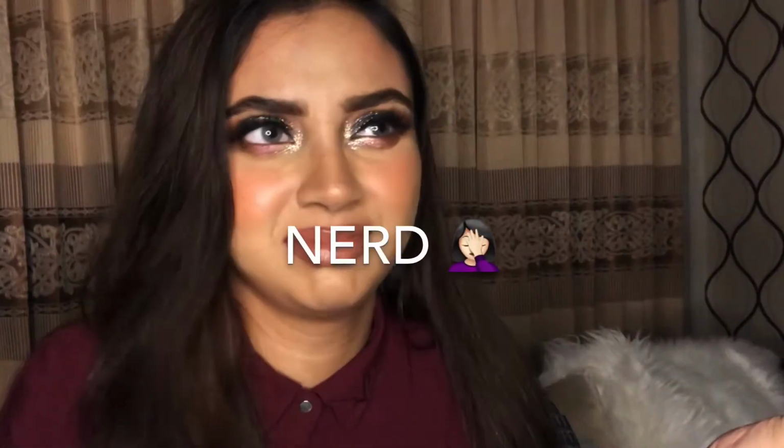So moving on, the third one is not prepping your skin well. There have been times where I used to hate moisturizers and I really never got the point of primers. I was like, why do I need to prime my skin? What is this? But no, guys, don't skip on primers or moisturizers. Don't skip on moisturizers or primers before foundation, no matter what skin type you have, oily or dry,